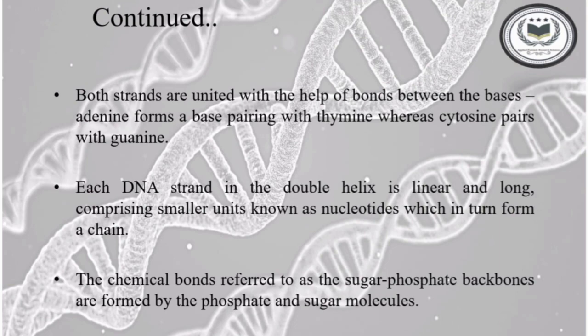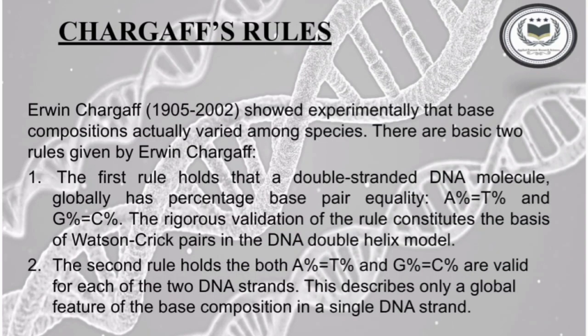In summary, the double helix structure is made up of two strands coiled around each other, with base pairing of adenine, thymine, guanine and cytosine, and a sugar-phosphate backbone formed of phosphate and sugar molecules. As we have earlier discussed the base pairing of AT and GC, based on that, Erwin Chargaff